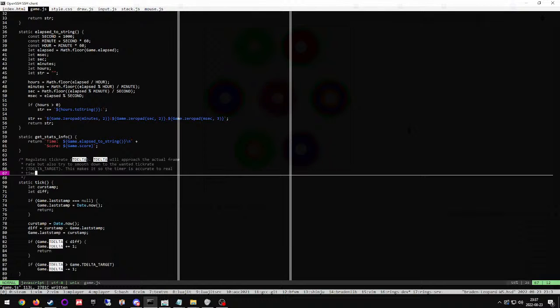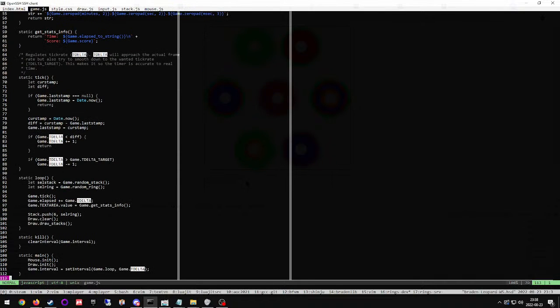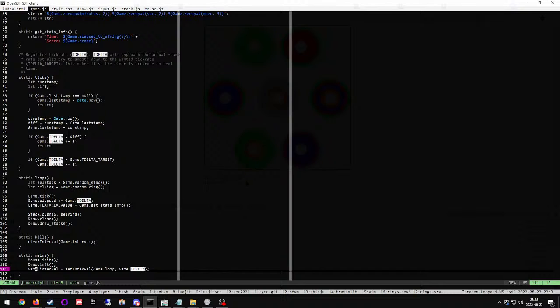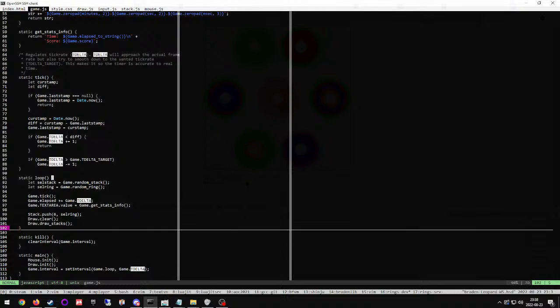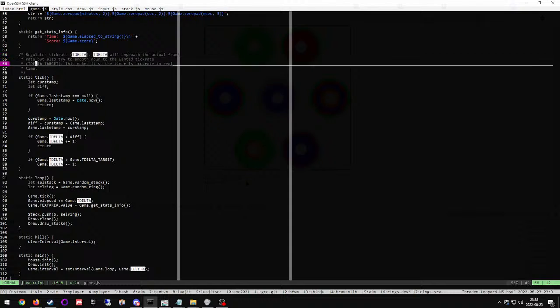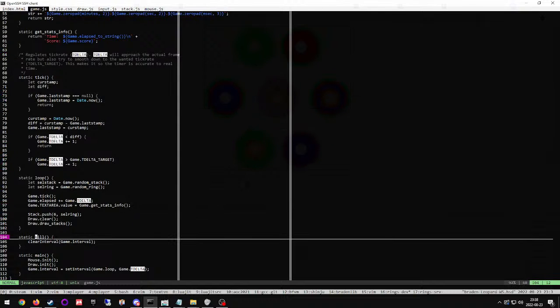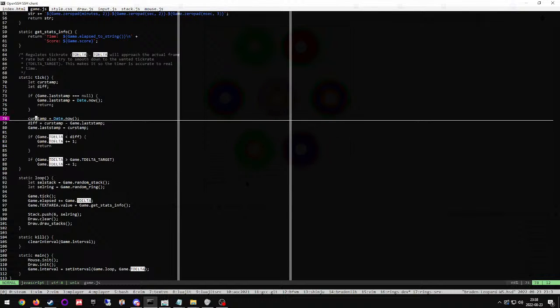And then there's requestAnimationFrame, which is supposed to sync up with the monitor refresh rate, but you can't specify the actual frame rate that you want. So that's a thing. I suppose I could, so like